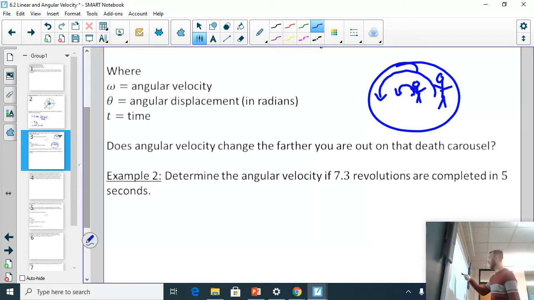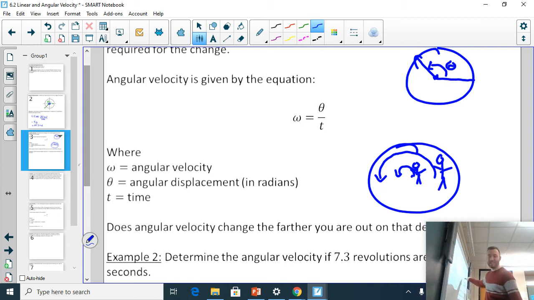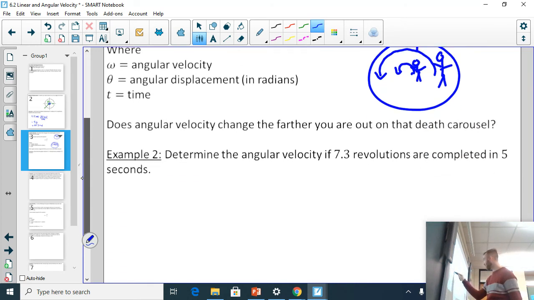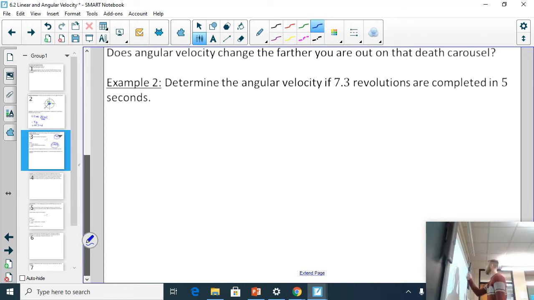And that makes sense because in our equation, we don't have anything about distance out, right? It's all just about the angle and the time. So determine the angular velocity if 7.3 revolutions are completed in 5 seconds. And so we have omega equals, we have 7.3,